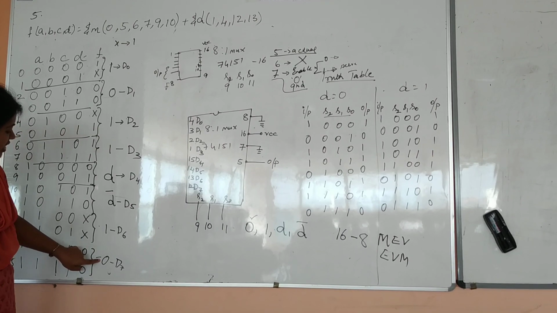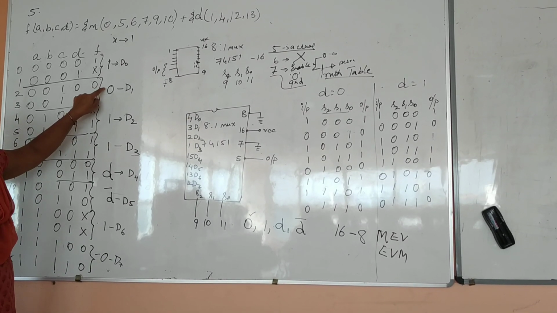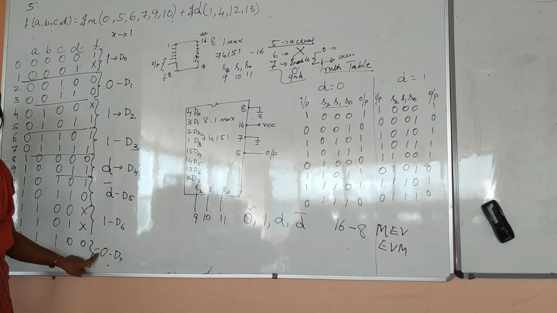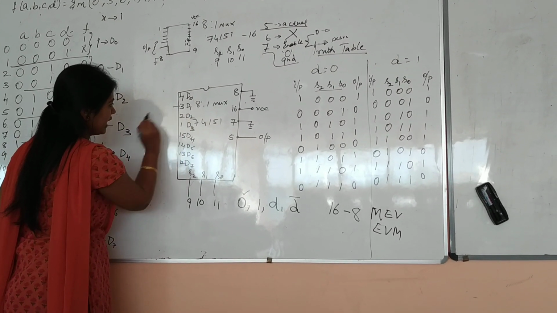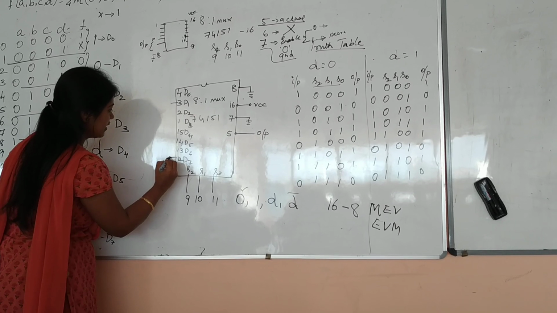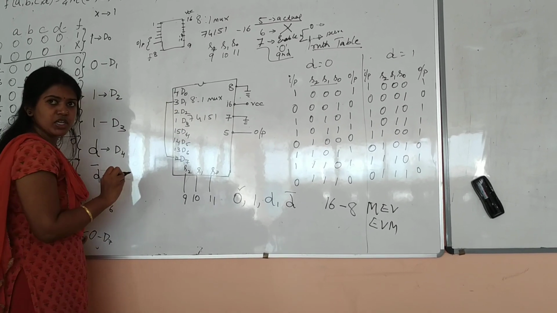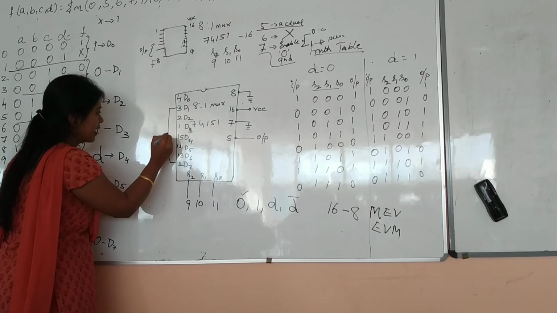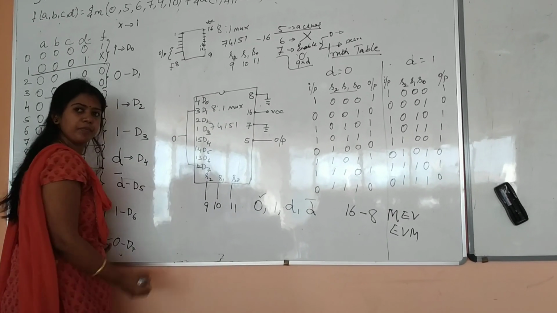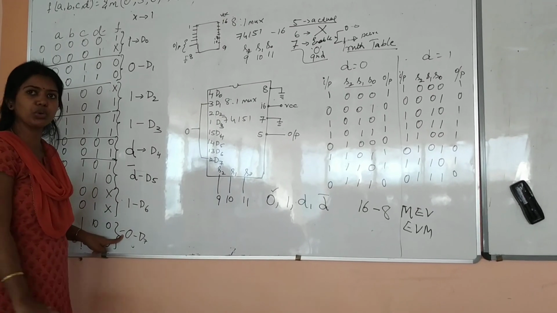How many permanent zeros do we have? 2 we have. It is D1 as well as D7. Let us club them. Please observe carefully. D1 I am clubbing with D7. These two I am shorting. Don't get confused. D1 and D7 I am shorting and I am giving 0 for this one. Okay, I will show you in the circuit how to give 0.